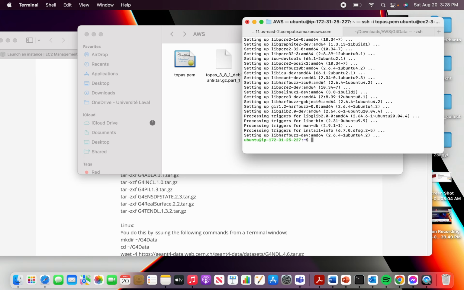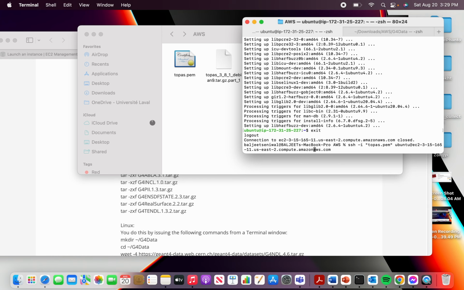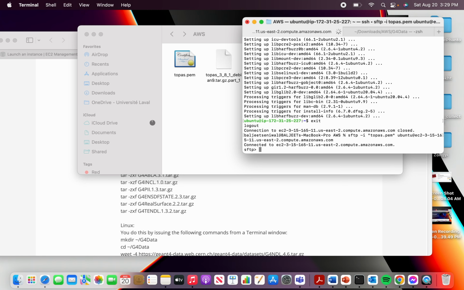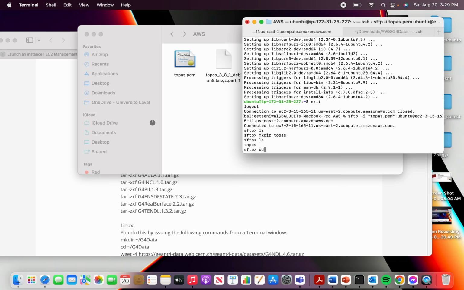That is a platform through which you can transfer files from your system to the AWS virtual machine. So we exit our AWS machine and then reconnect, this time with SFTP, for the file transfer. And again, now we are inside a virtual machine. If we run ls, there is nothing there. So let's make a directory named Topaz using mkdir Topaz, and now we have a Topaz directory, and we get into